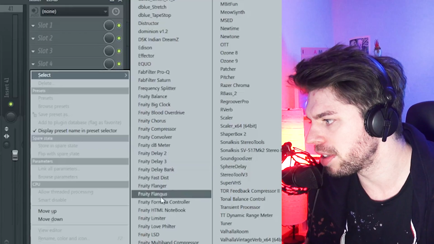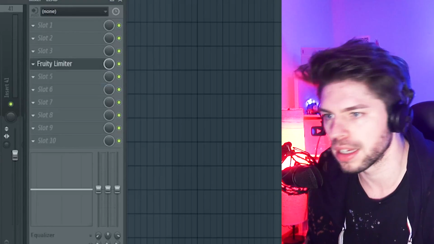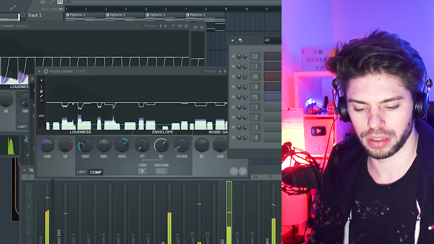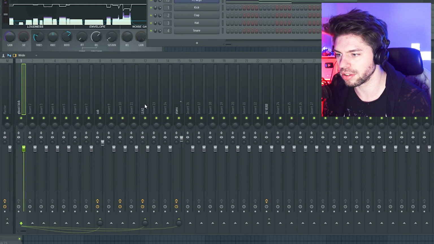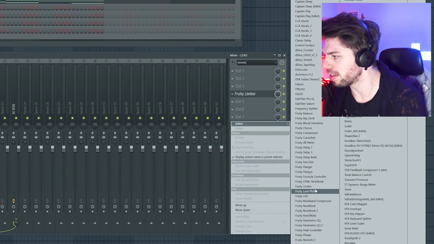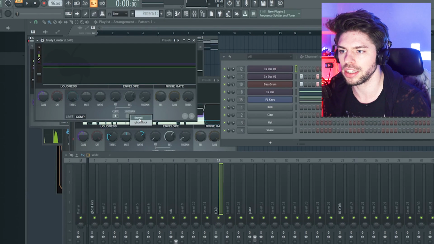I'm going to add a limiter as well here. Let me also sidechain to this track, use a fruity limiter, and compressor mode, sidechain mode, threshold down, ratio up,